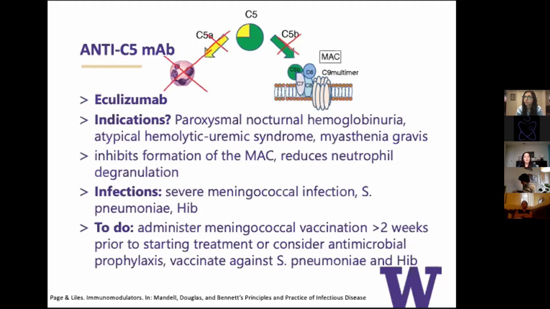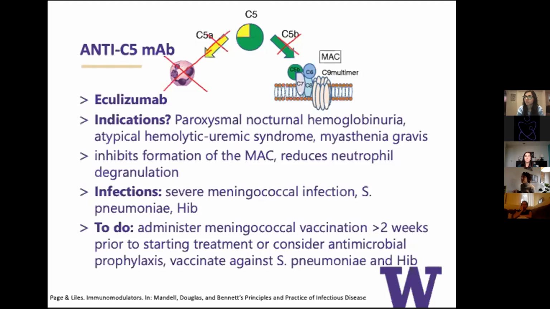In the case of the meningitis vaccine, it's recommended that you administer it at least 2 weeks prior to starting treatment. And if your patient is unable to be immunized against meningococcal meningitis, you should consider antimicrobial prophylaxis when starting a patient on an anti-C5